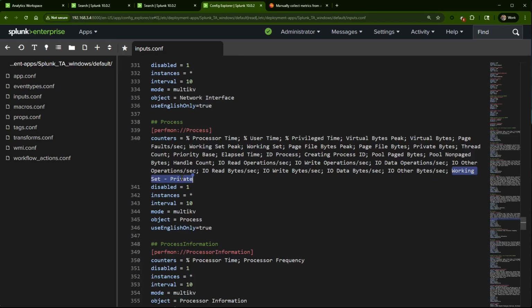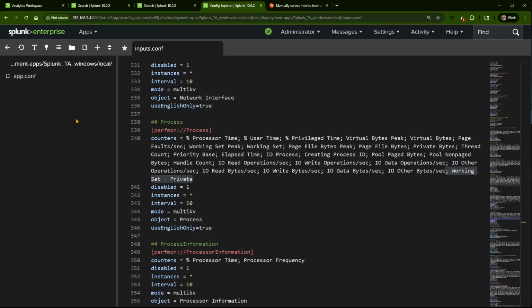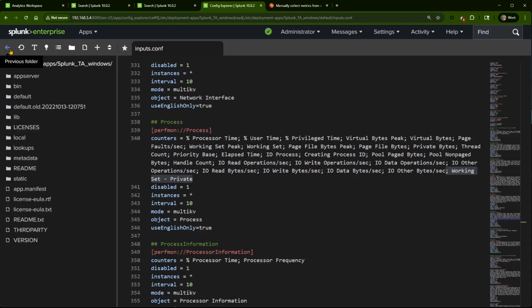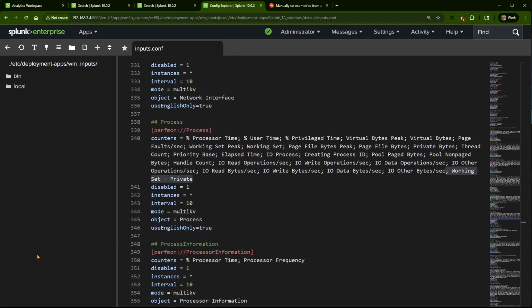I could easily just copy this and go into my local copy of the inputs.conf file and update that, which if you'd like to see that, I'll do that now. Here, this I don't have. I will say, there's two ways that you can go about it with the Windows TA. You could create a local folder and put your inputs.conf file there and do it that way. That's really easy to manage. For me, I like to leave the Windows TA alone completely, and I created my own